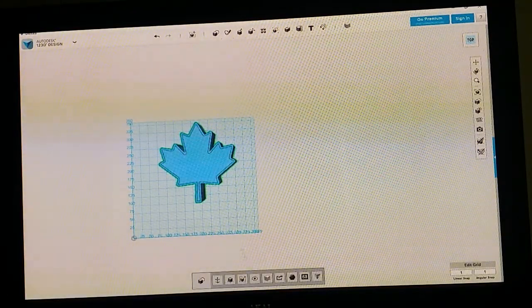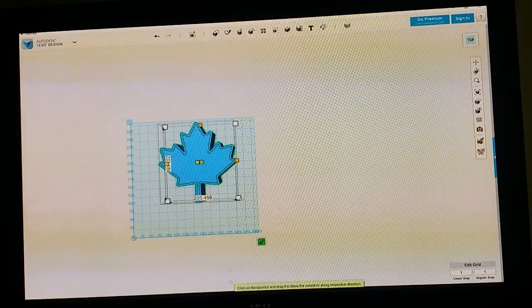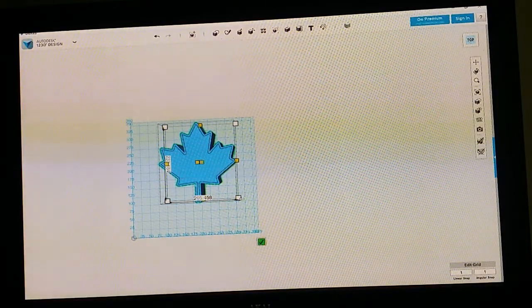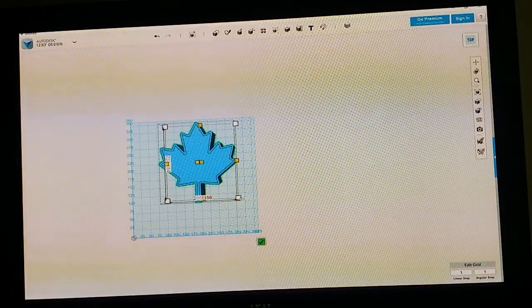And we want to resize this thing. So down here at the bottom is Smart Scale, and you can see the size of the image. And you can either type in the size you want it to be exactly, or you can scale it. So I actually like to know the exact size. So we're going to knock this down to, what is it going to be, 105 by